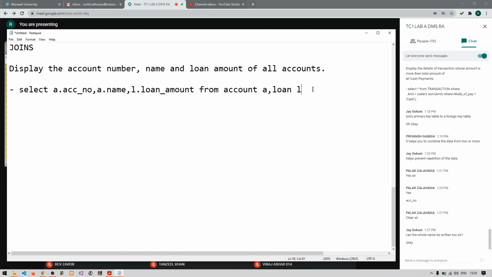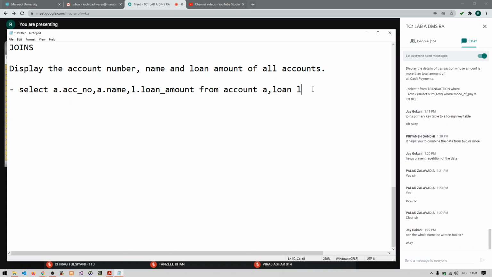If we are joining three tables, you need to provide two default conditions. If you are joining four tables, you need to provide three default conditions, right? So default conditions means the columns that are common between the tables, those columns you have to compare using the equal to operator. Clear, guys, what I am saying?